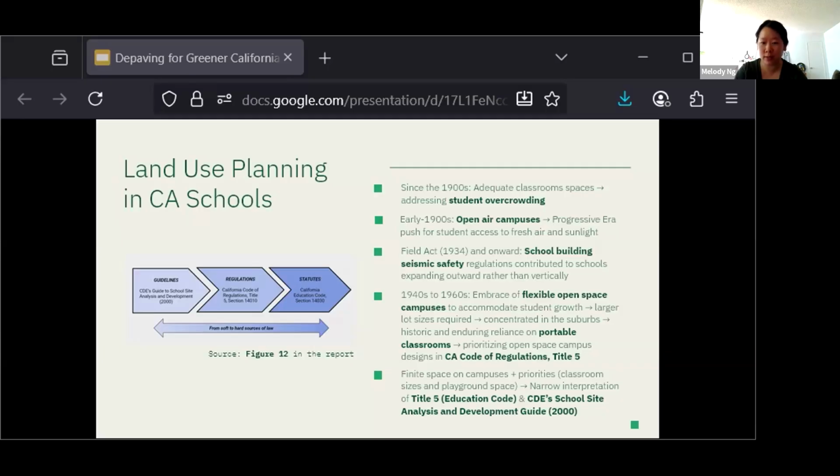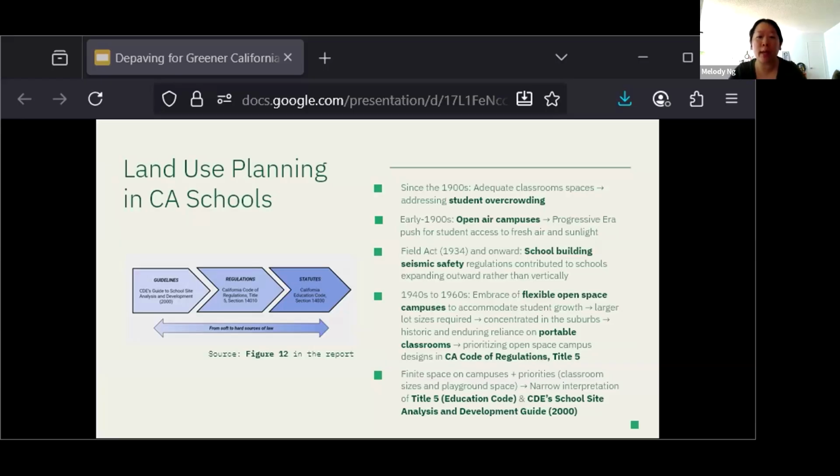These standards also likely encouraged school buildings with fewer stories. As a result, schools likely needed to build outward to accommodate student growth and embraced open planning and underbuilding in some cases on campuses during and after World War II. Flexible open space plans that allowed campuses to serve multiple community uses would become popular during World War II and remain popular post-war. However, the expanded lot sizes needed for open planning resulted in the majority of new schools